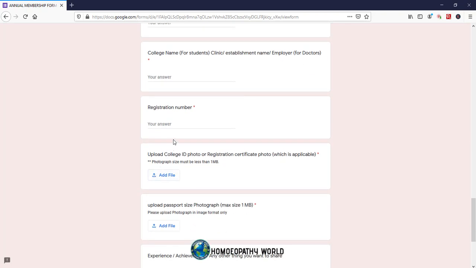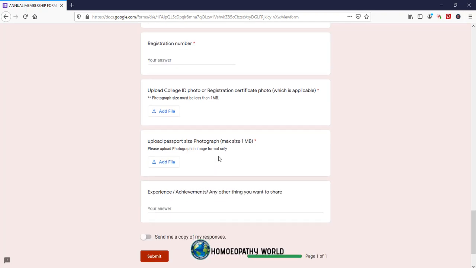Then again upload college ID photo if you're a student, or registration certificate photo if you're a doctor, and upload passport size photograph. Please upload photograph in image format only, that is JPG, and you have a maximum size of 1 MB, so your photo should be below 1 MB.